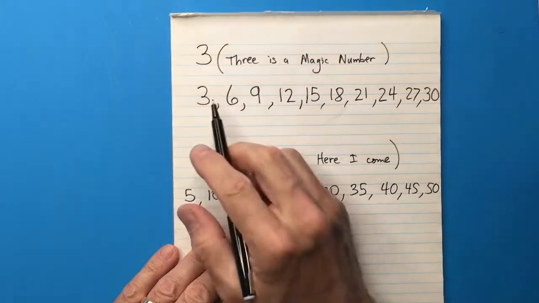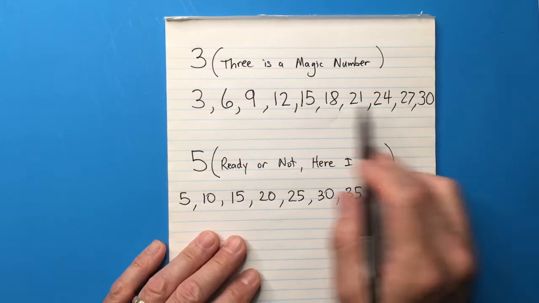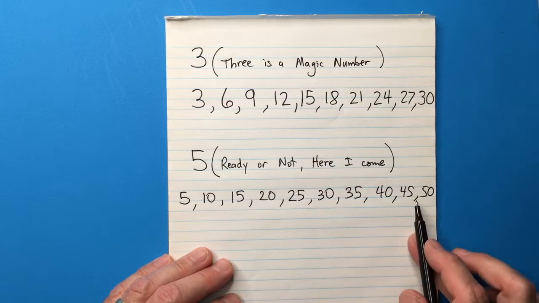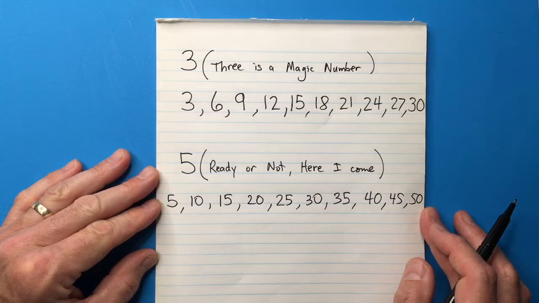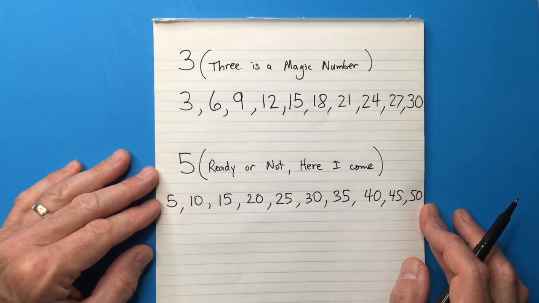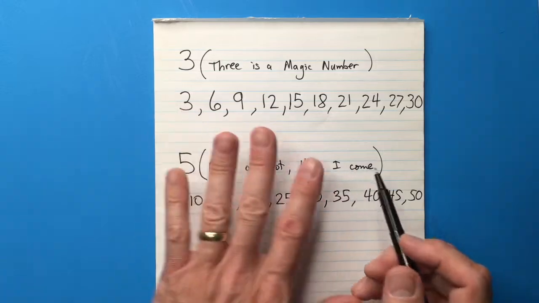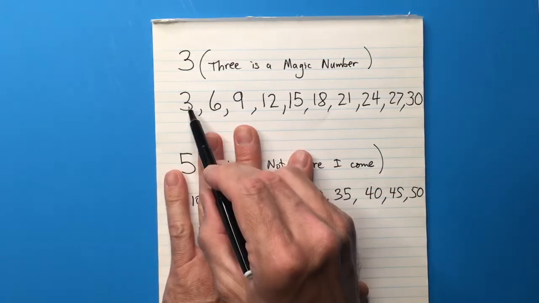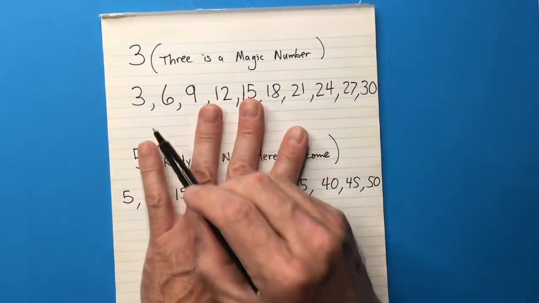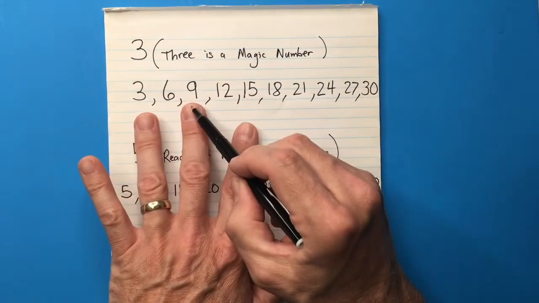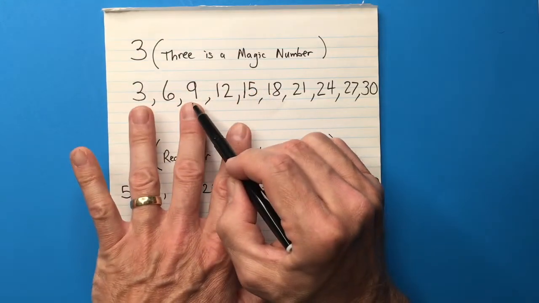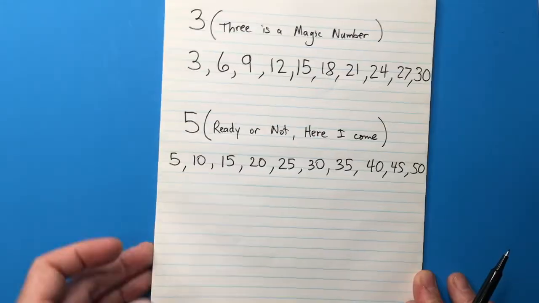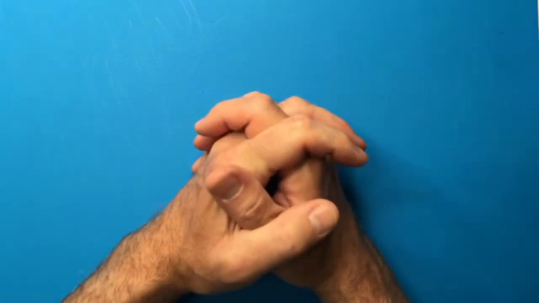If you can skip count or count by that number, and you know these really, really well, figuring out multiplication with these numbers becomes much easier. For example, if you're doing 3 times 5, that means you want to skip count one number for each finger on your hand. So 3, 6, 9, 12, 15. Let's do it again. 3, 6, 9, 12, 15. You don't need to have a piece of paper. Once you can count without writing it down and you know them off by heart, 3, 6, 9, 12, 15,